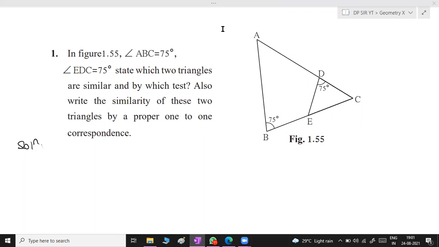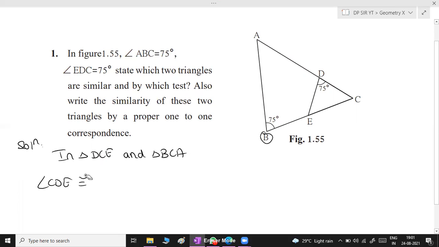I'll switch off my video so that you have full screen view. If you look carefully, angle B is 75, this angle is also 75, and this D is also 75. So just look at which two triangles have that angle. It is basically in triangle BCE and triangle BCA. Angle CDE